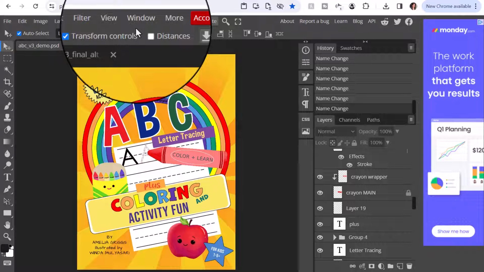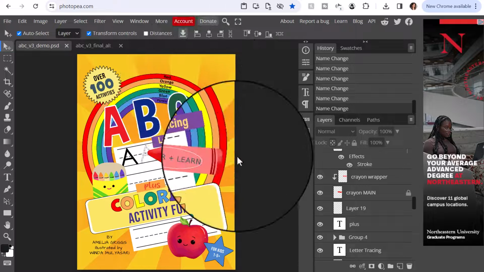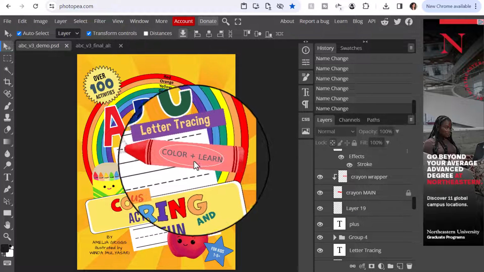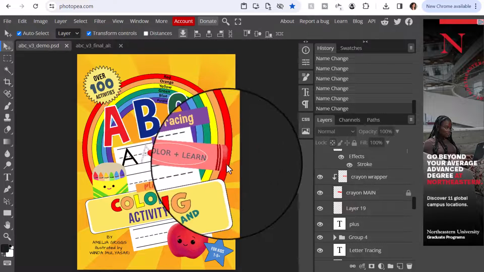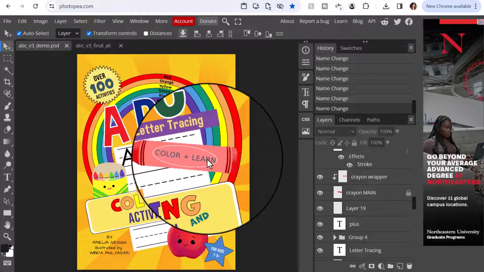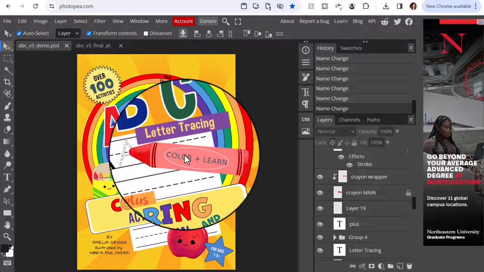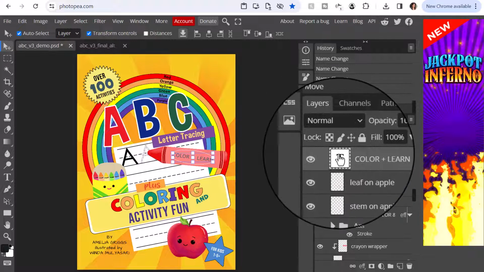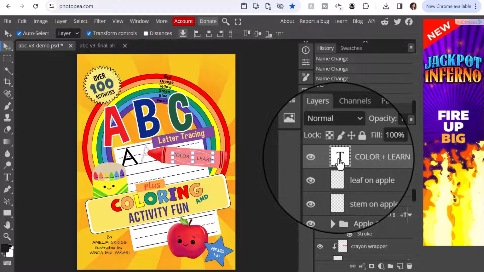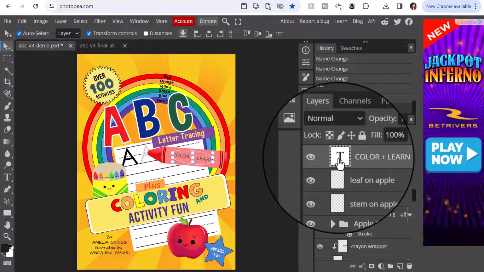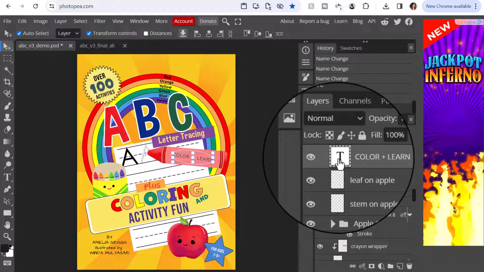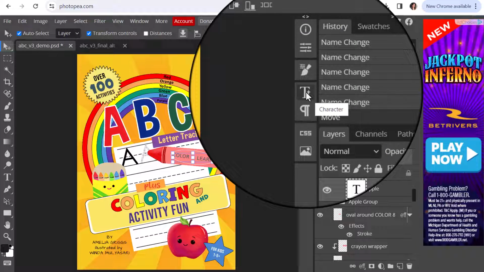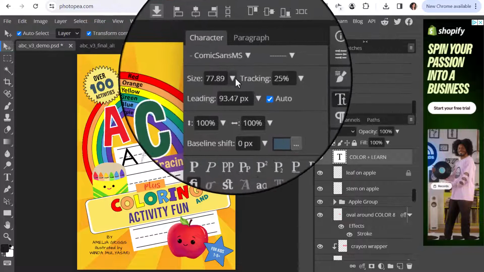Okay, so the first thing I'd like to change is I'd like to enhance the crayon. I would like to change the color of the text inside the oval. I may want to enhance the oval and see what I can do for the special effects of this image. So first I want to get to color and learn, and I can see here that this is the text box. So the easiest way I found to change the color or even the font was once you have that layer selected, select this capital T, lower t for character, and then you can change the size here and any